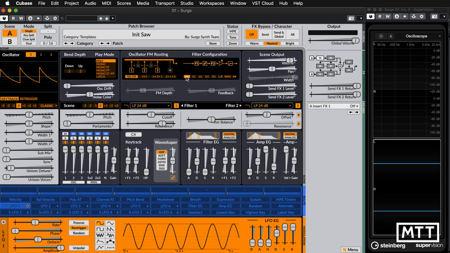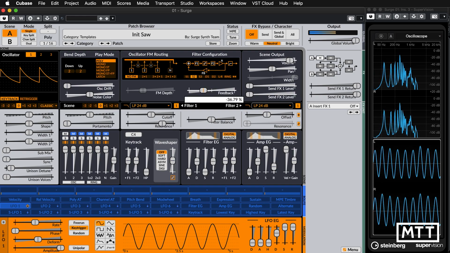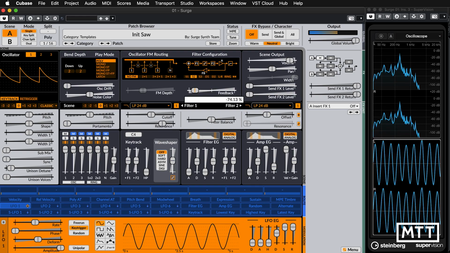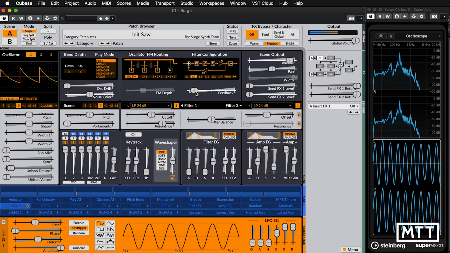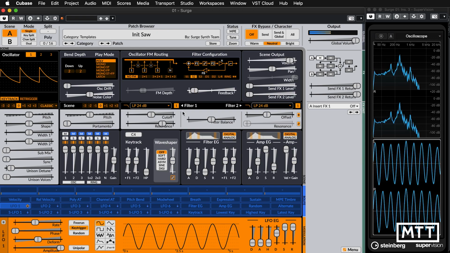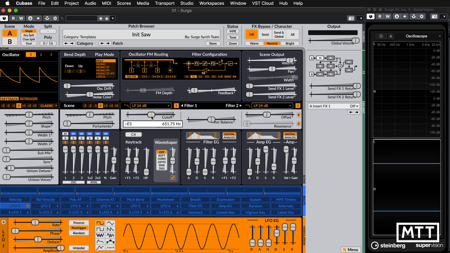So let's just take a listen to some of the differences here. So really the main difference between S1 and S2 is that the feedback comes into play. Now, depending on your filter settings, the feedback can lead to the filters pretty much self-resonating. So in this case, if I go negative enough, you can hear, even though I'm actually changing notes on the keyboard, the filter's frequency is what we're really hearing. And if I move this,